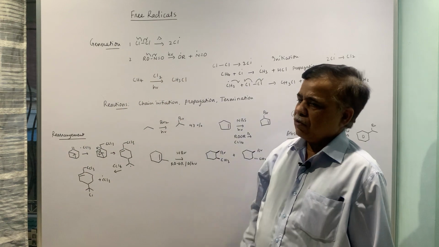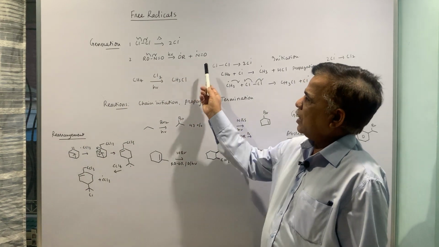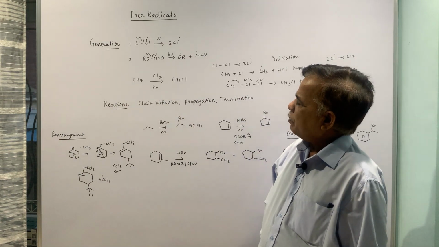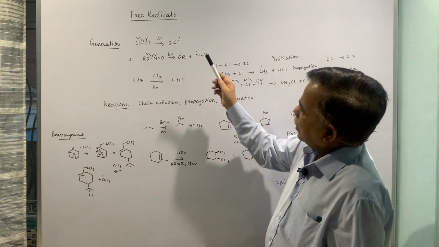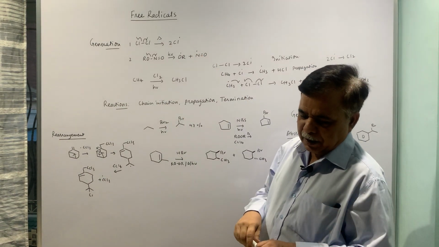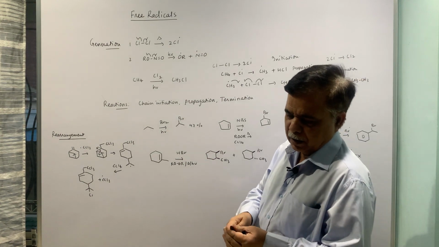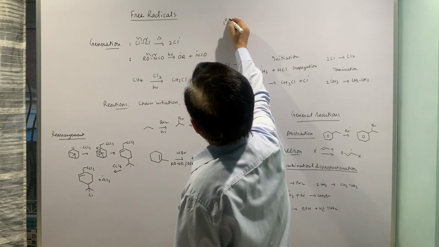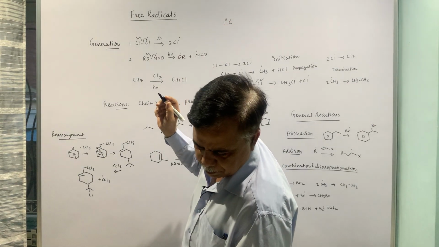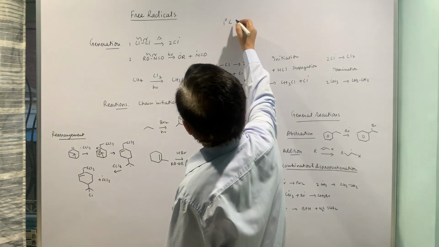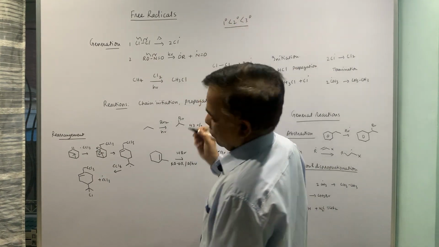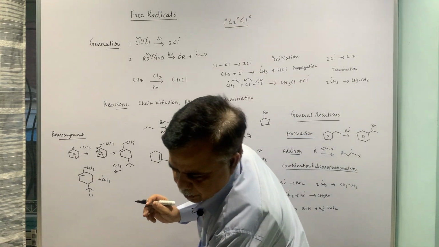Homolysis of a bond is the basis for generation of free radical. Now this bond is equally shared by 2 electrons from each chlorine atom. Similarly, it is getting dissociated and it is forming 2 free radicals. Similarly, this nitroxyl radical and alkoxy radical is generated from this compound. If you look at the stability, then primary, secondary and tertiary, this is the trend for stability.